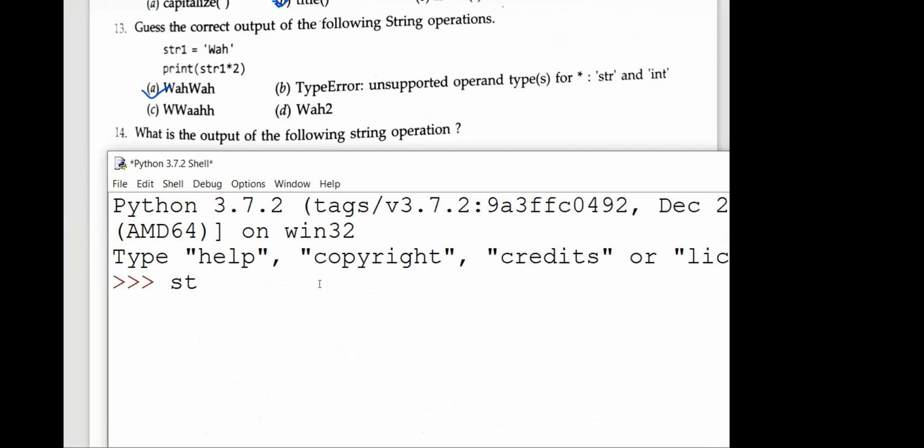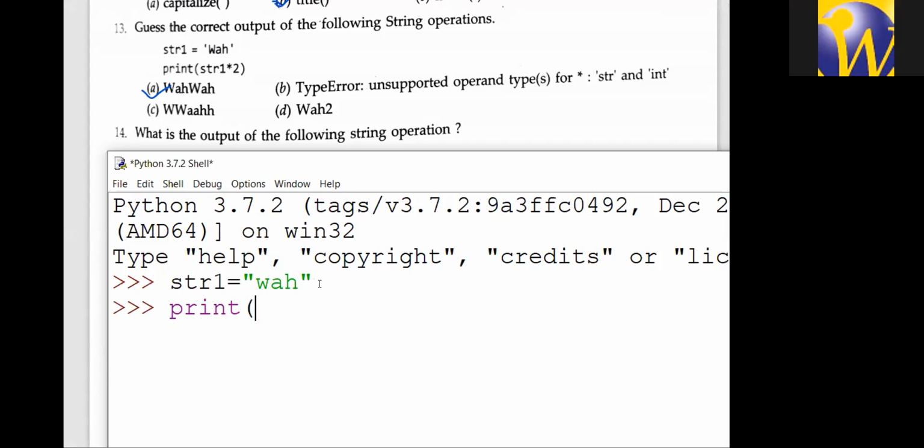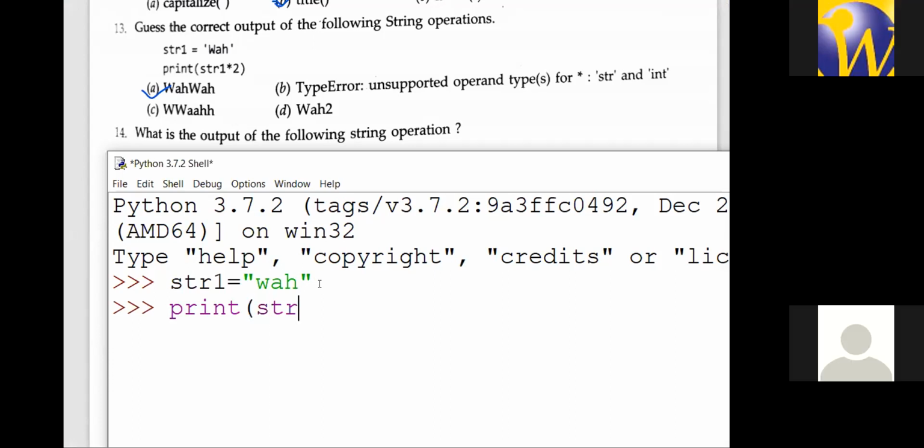One second. STR1 is equal to WAH and then print. Then it is given STR1. Turn off your cameras, all of you.